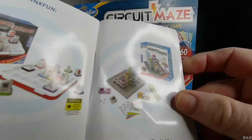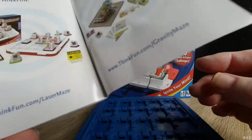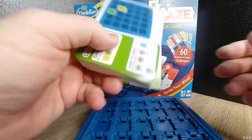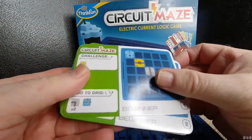A real fun game is the classic little gravity maze where you have balls that drop down here. Another real fun one, and I've got all these and we'll be showing them to you in the near future. Now, as with all Think Fun products, you always get these 60 cards, okay? And these 60 cards start from 1, of course,